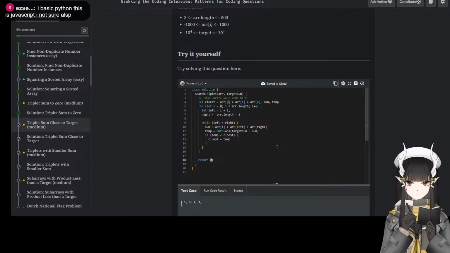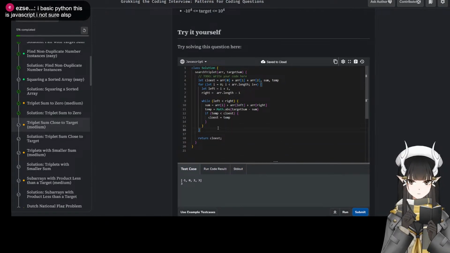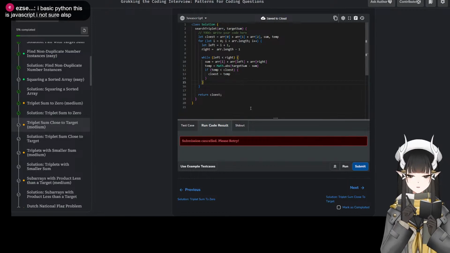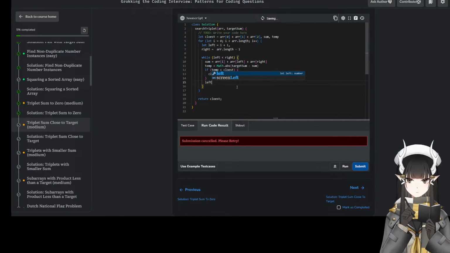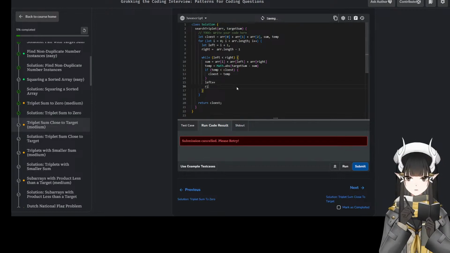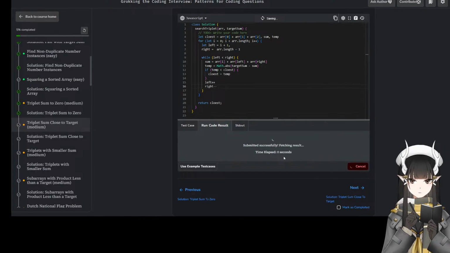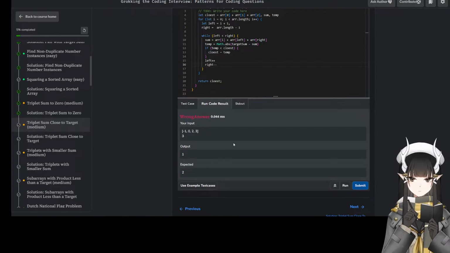And then I just return the closest. Let's run. Oh, an infinite loop because I'm not incrementing it. So left plus plus and then right minus minus. Run. Output is 1, expectation is 2.